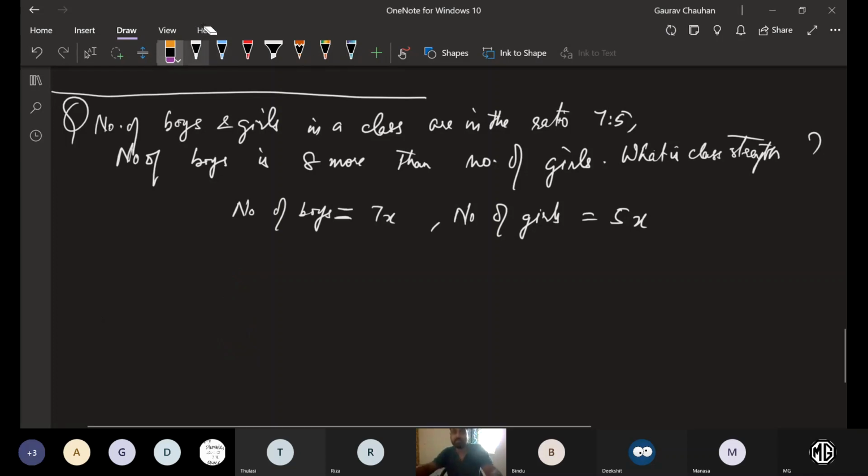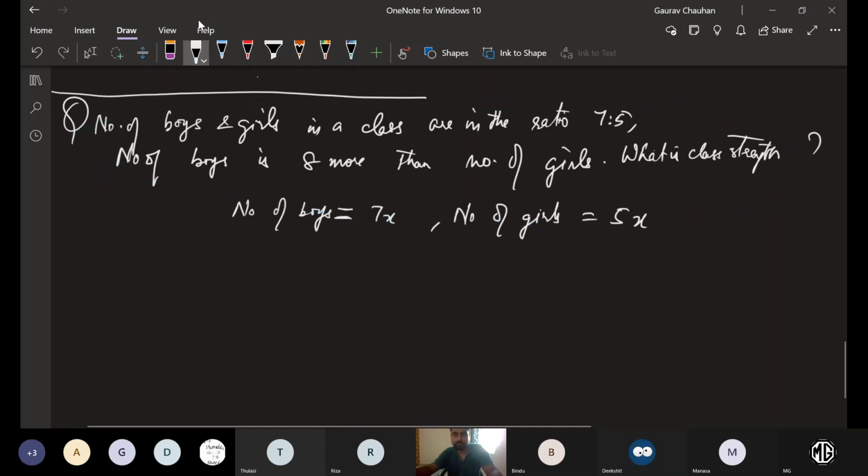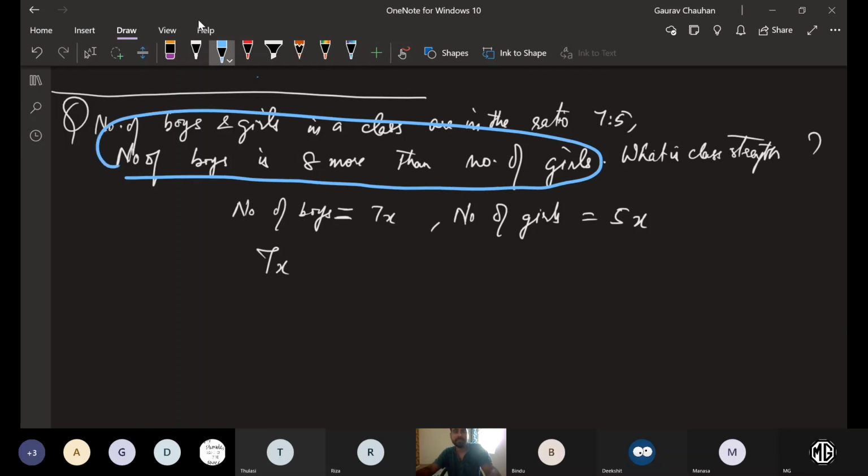What is the equation you will form in this particular case? Second equation. Correct. Continue. Number of boys is 8 more than number of girls. Let's write this first. Number of boys, how will you write it in an equation? Is equal to 7x plus 8. You don't use x now. Write in words only. Number of boys is